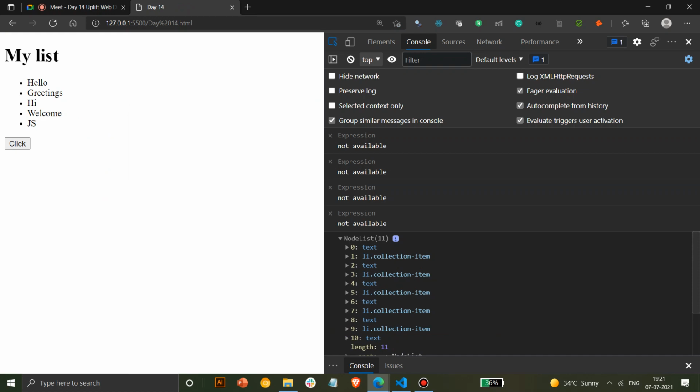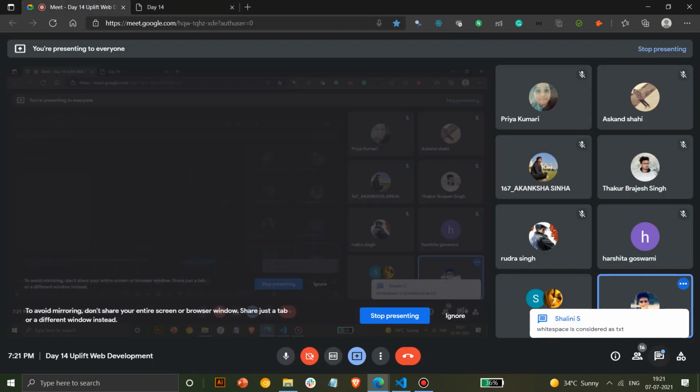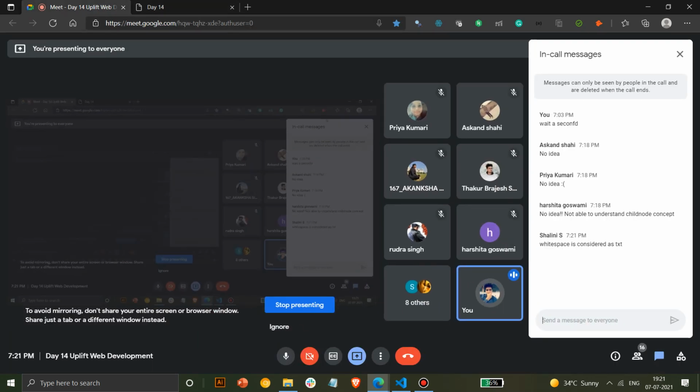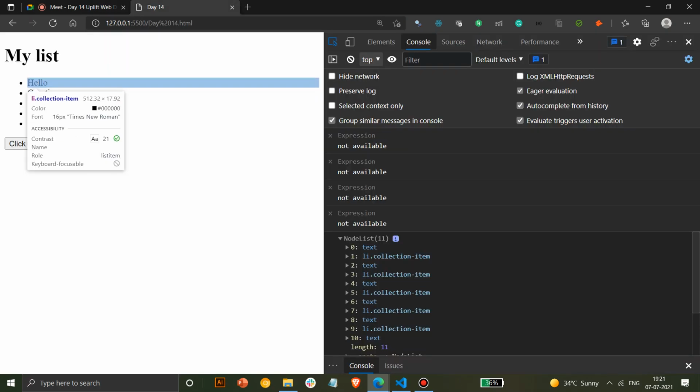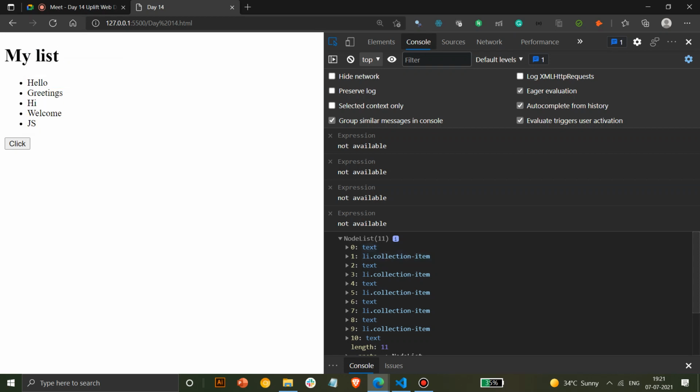Okay, I'll explain. This is a little bit tough. Whenever you have a li collection, whatever white space is there is considered as a text. Very good, that's the right answer. You must have studied escape sequences in college or in a programming language, like slash n. Whenever we move to the next line, there's something in between, and it considers this as a text. So slash n or any literal that's present comes under text.